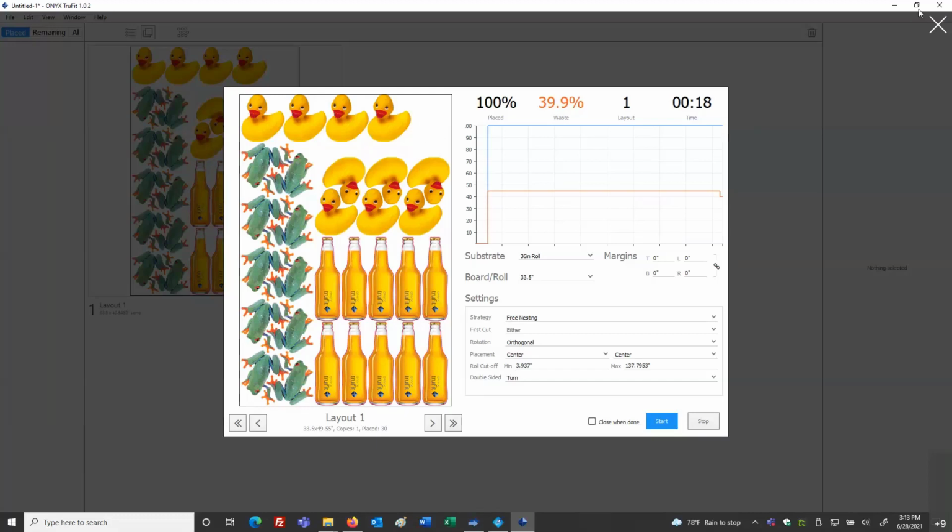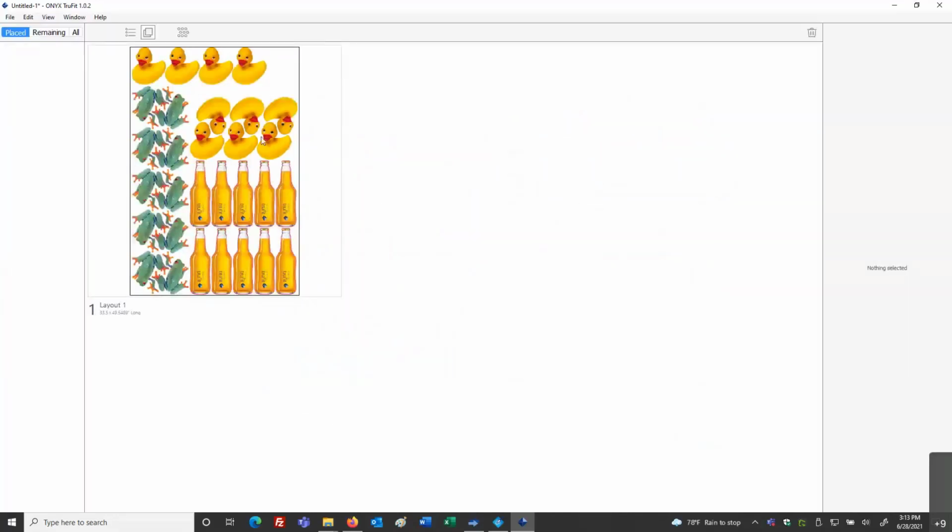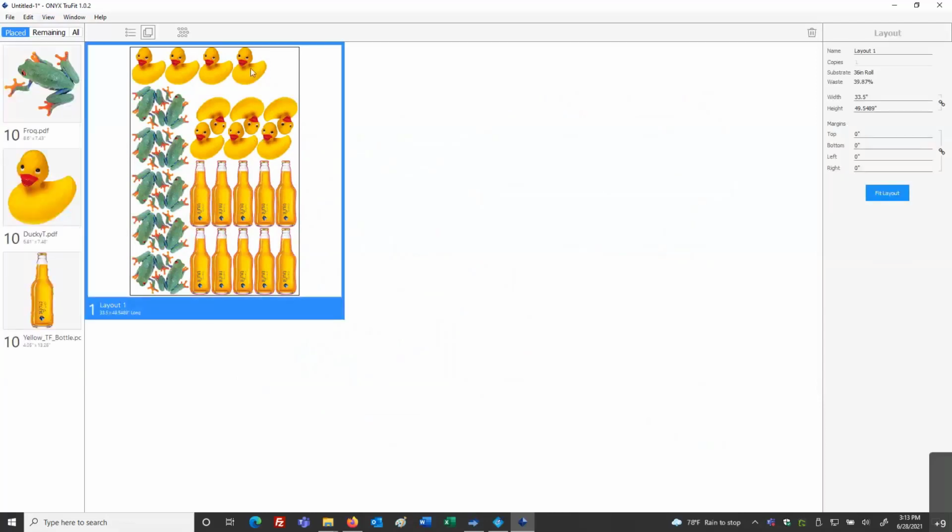All right, so at this point, I'm going to close my nested strategy calculation here in the upper right corner. And now I'm going to select my file, and that's my layout. Over on the far right, I am going to choose the button that says Fit Layout. You'll notice my percentage waste, 39.87%.